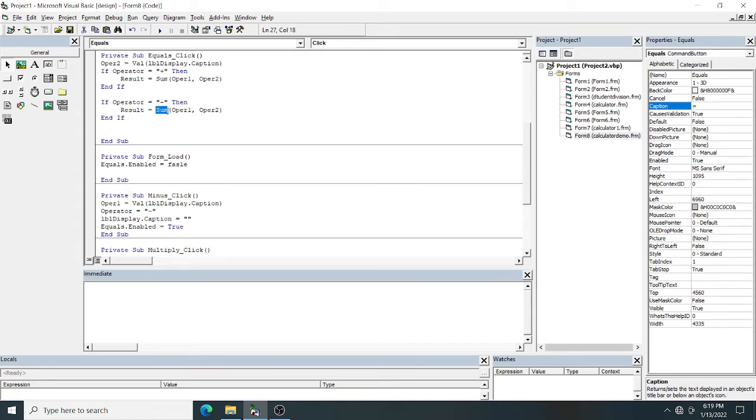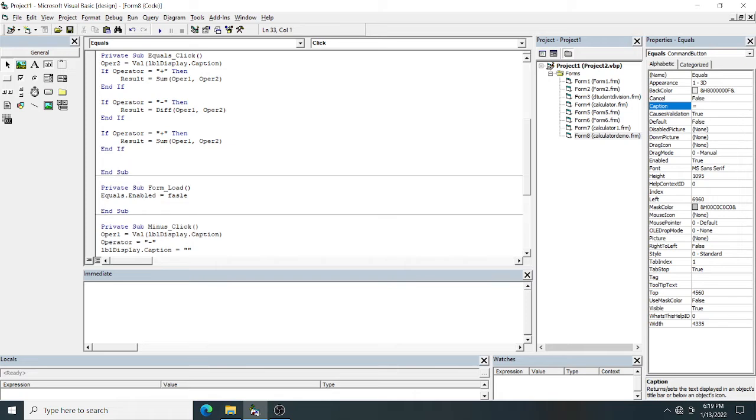Because you have to design the calculator which will do addition, subtraction, multiplication, division using functions. So here we are using the functions sum, difference, product, division. To do all these operations, here I will use the function name as difference.